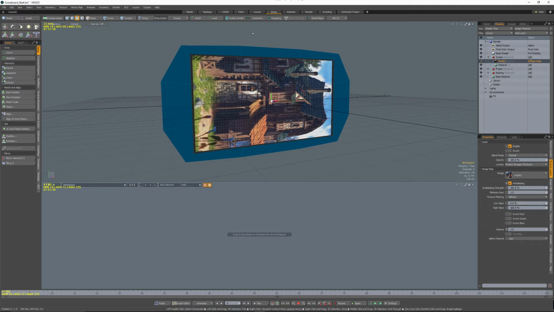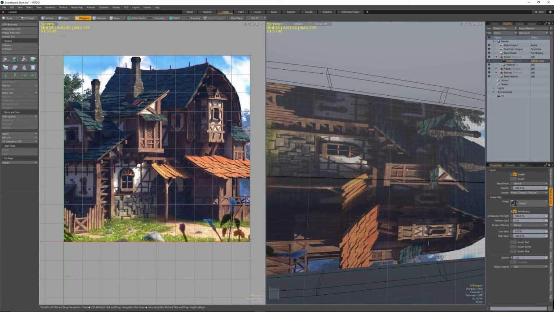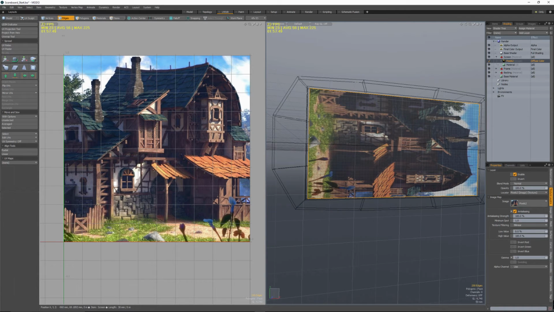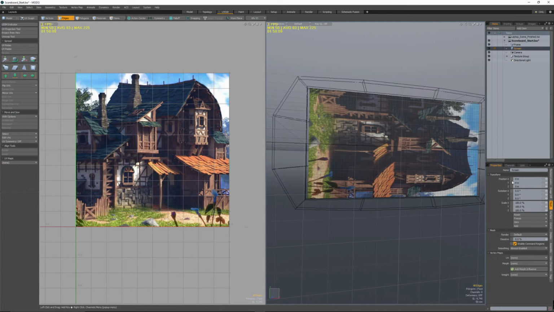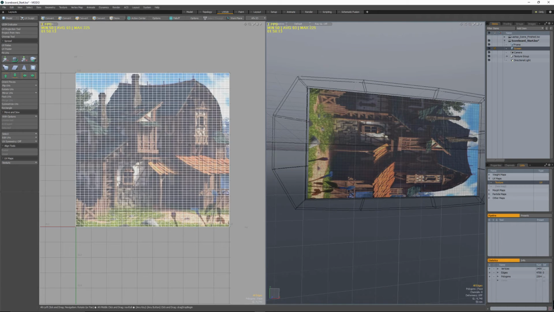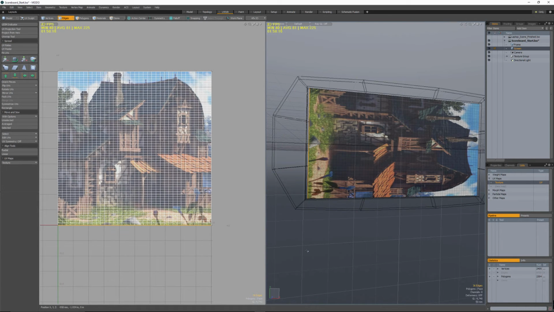So this is where we're going to start really looking at how the UVs are going to be working a bit more. We're going to start just by moving over here. And what we can see is that the bottom edge of the image, if we lasso select this, is appearing on the left-hand side of the actual screen. So what we want to do is orient the UVs such that they are aligned here. So let's make sure that we have our screen selected, and then let's go to our UV maps, make sure we have our texture. There it is. And so here is the side of the screen. So this is going to be the left side, and right now it's appearing along the bottom. So what we want to do is rotate the entire thing here 90 degrees